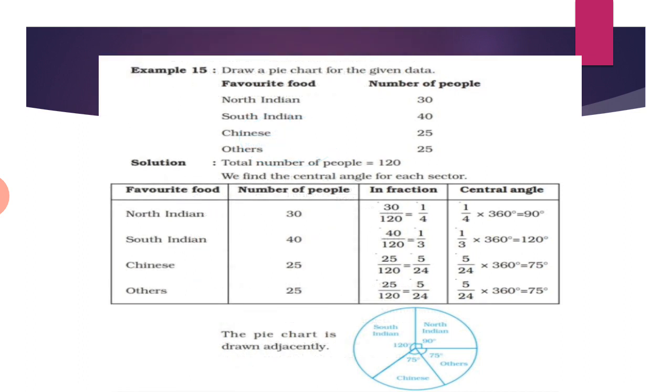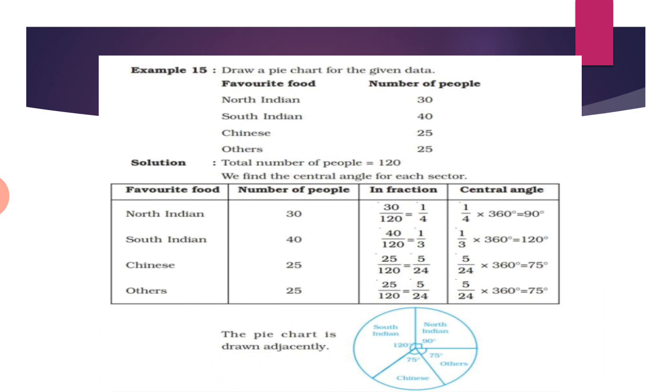Now we will go into how to draw a pie chart. The pie chart which you saw in the beginning. Now you saw how to find out the answers from a pie chart, but now we will learn how to draw a pie chart. So what are the things you require? You require a scale, you need a compass to draw the circle, and you need a protractor.